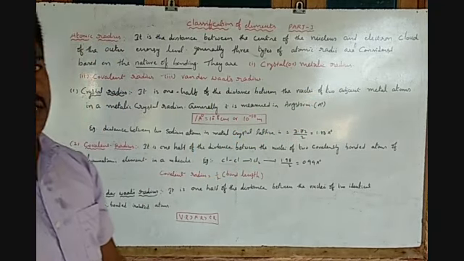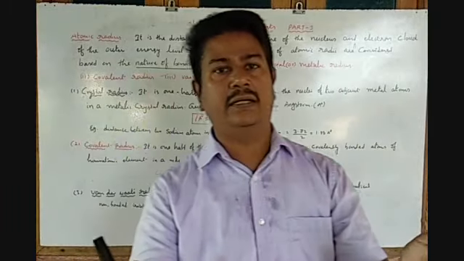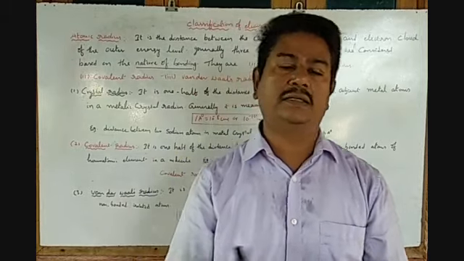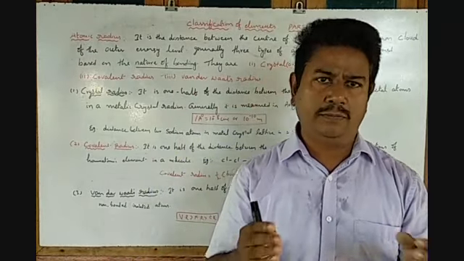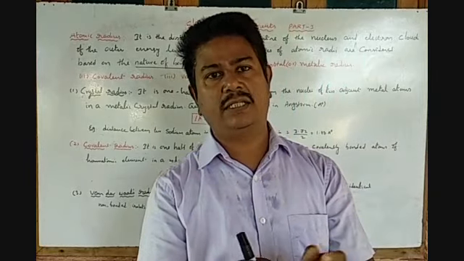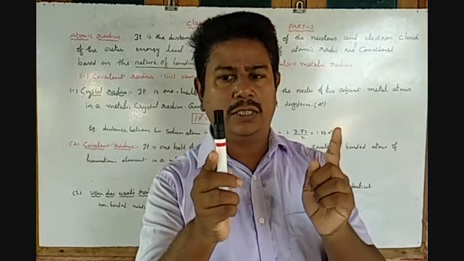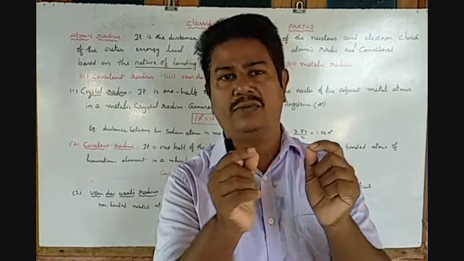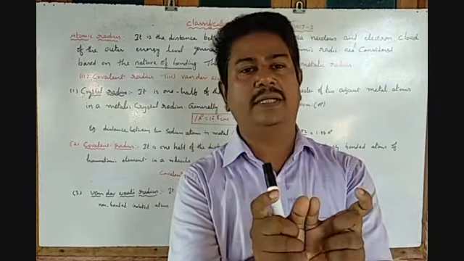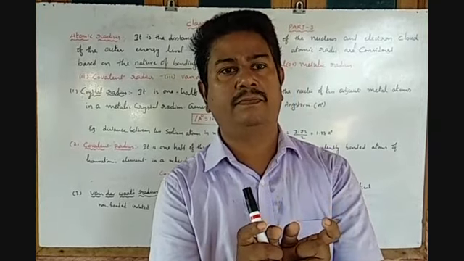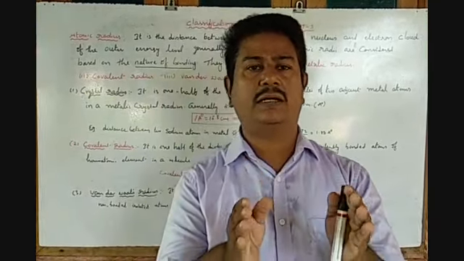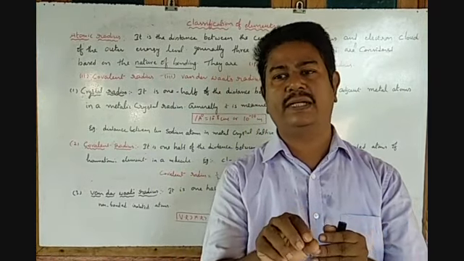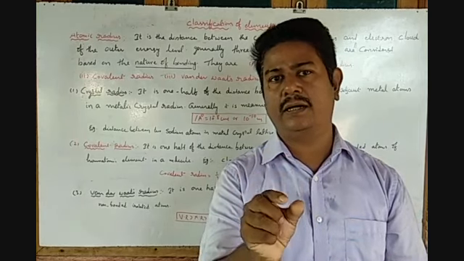Generally the metals are formed in different structures, like BCC, FCC, meaning body centered and face centered, and hexagonal shapes. Based on the structure, the distance between the nuclei of two adjacent atoms is measured. Half of the distance between the metallic atoms is defined as the metallic radius or crystal radius.